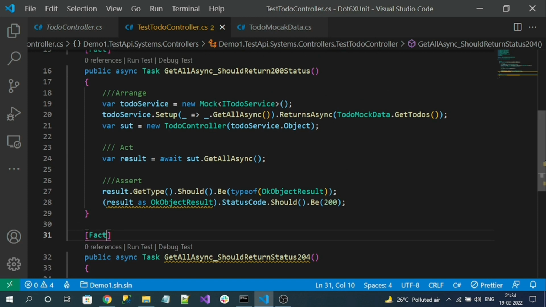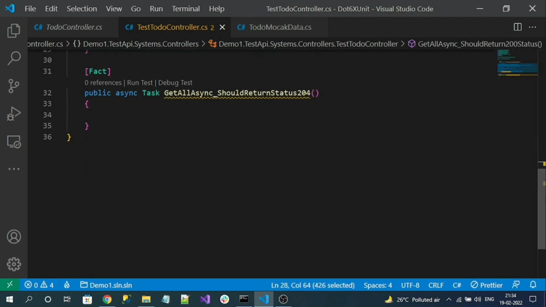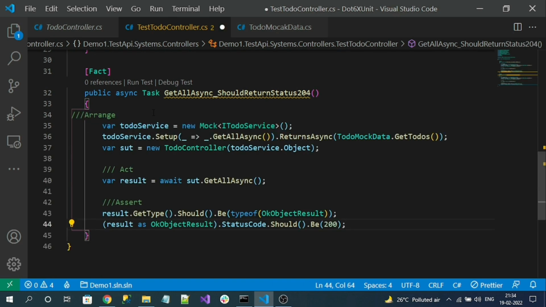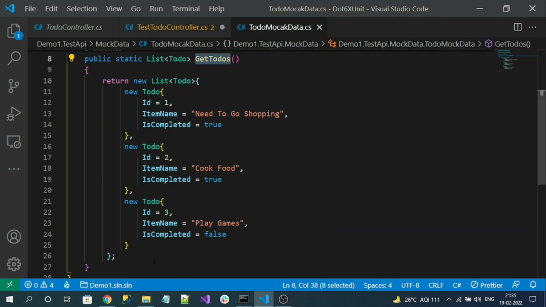Here also, for any unit test method, we always follow these three steps: arrange, act, assert. So I can use our old code, copy it, and paste it over here. In the arrange section, there won't be any changes, it should be used as it is. But there is one change: it should return an empty collection, not a data collection. So for that, I will create one more method here